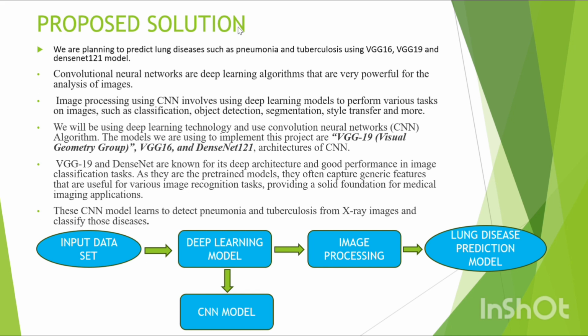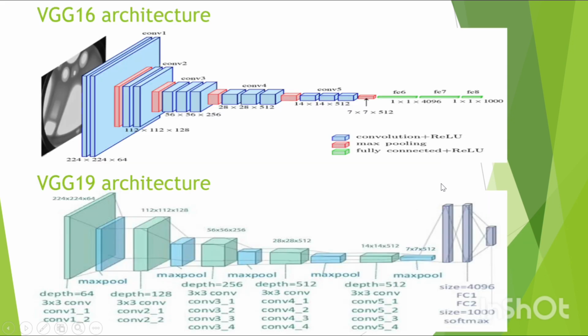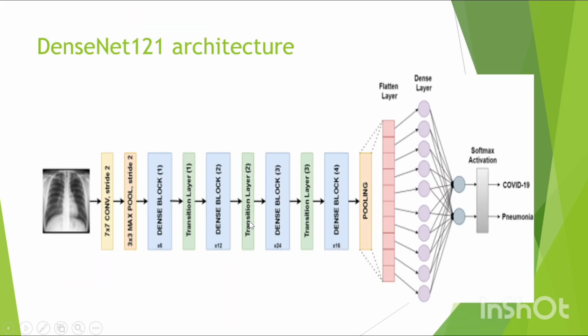And coming to proposed solution, here we are planning to predict lung disease such as pneumonia and tuberculosis using deep learning models VGG16, VGG19 and DenseNet 121 model. And this is the model here: input data set and deep learning model, that is CNN model, and image processing lung disease prediction model. These are the architectures of VGG16, VGG19 and DenseNet 121, these models which we are using